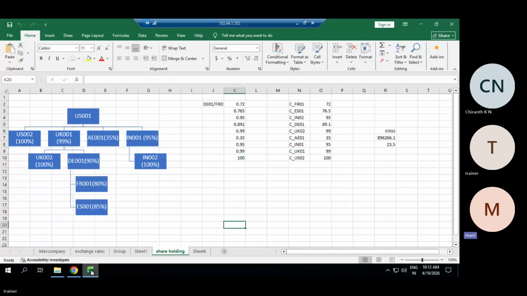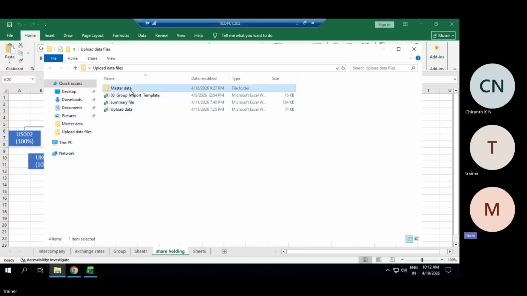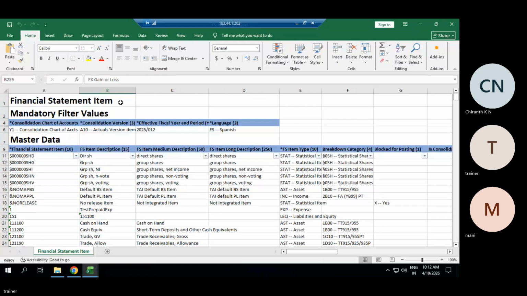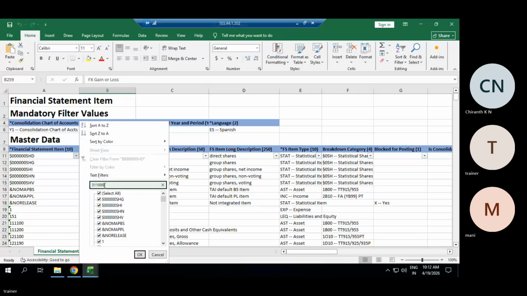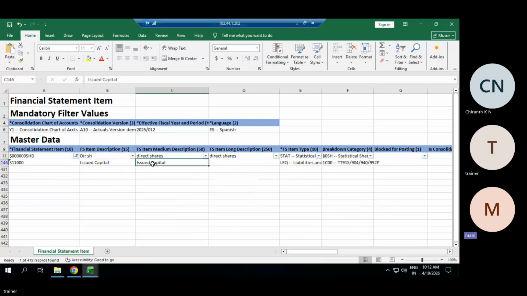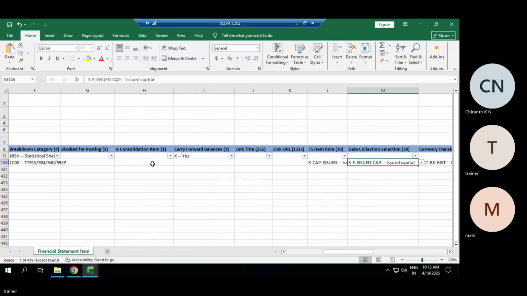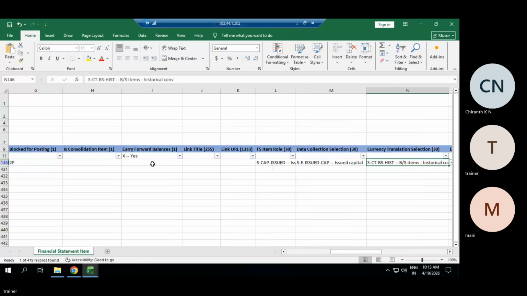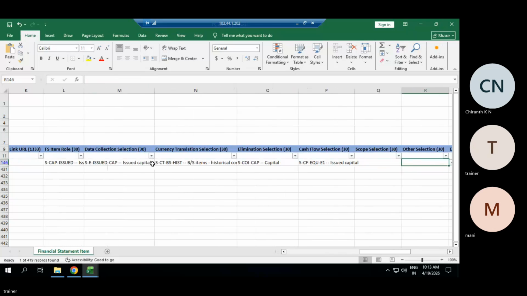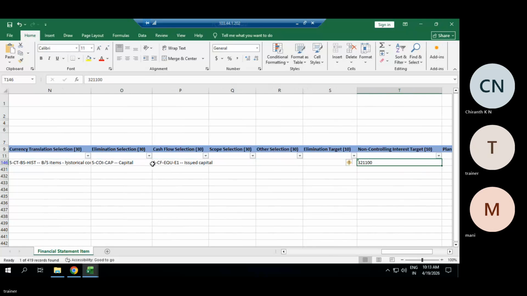If I go to my data file, master data group share, data file, and issued share capital, data collection. This is my non-COI will be calculated in this one.